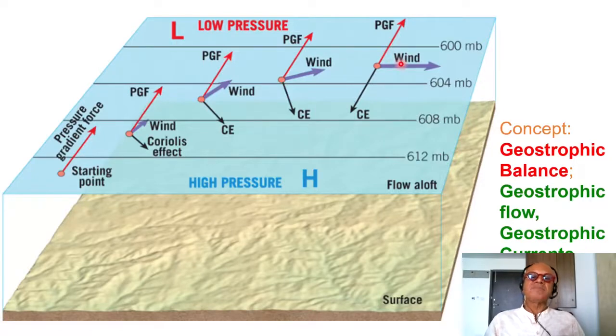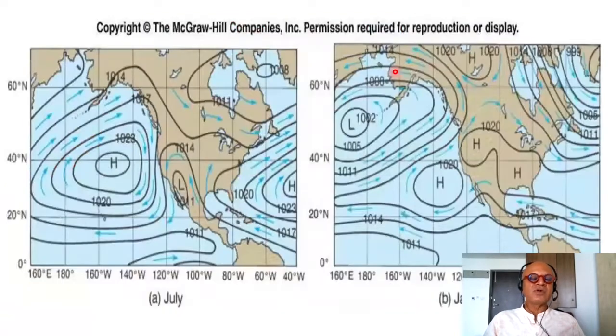What is amazing here, if you stare at it for a minute, you will see that now the wind, instead of going from high pressure to low pressure or towards low pressure, it is now going along constant pressure lines, or isobars. How amazing is that? So flow is totally parallel to the isobar, and you can see this clearly in the upper level